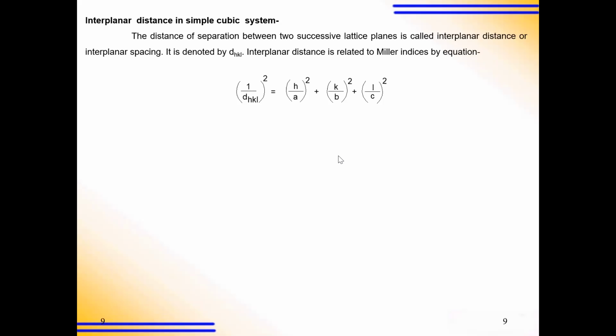Interplanar distance in the cubic systems. So the planes, we should know the planes and faces of the simple cubic system. सिंपल क्युबिक सिस्टीम मध्ये फेसेस आणि हे आपल्याला सगळ्याला माहित पाहिजे. So the unit cells or the unit cubes are just showing the faces, and these faces are contributing in the structural units.